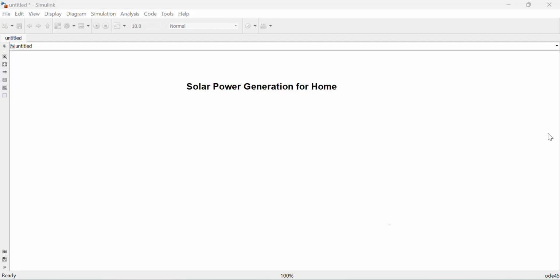So now we are going to start a project called solar power generation for home. For domestic purposes, we are generating electricity using solar panels, and we are converting the DC voltage to AC power supply and supplying it to the houses. Okay, and also domestic purposes. So for that we require